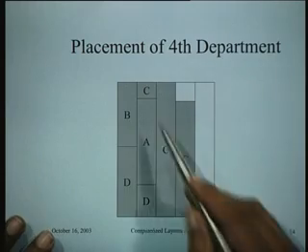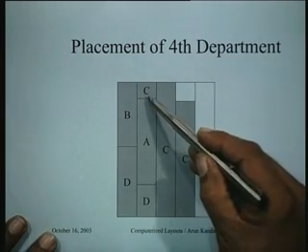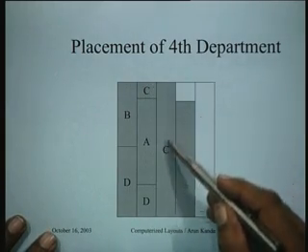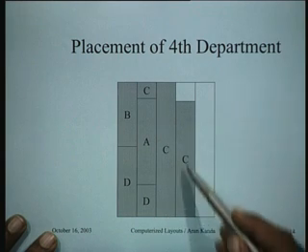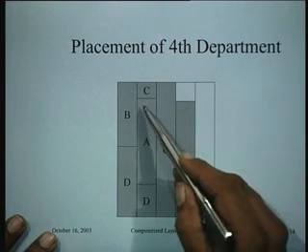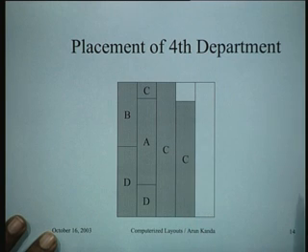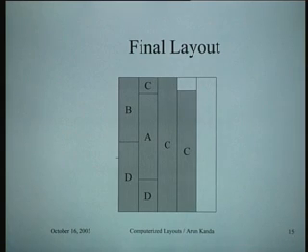Now finally we talk about the 4th department. The 4th department is C. So C is placed here, and suppose it is a big department, it goes on like this, and then it goes on like this, and it finishes here. So you will find that the shape of the department is something like this as far as C is concerned, as a consequence of the vertical scanning pattern. Now if there were only 4 departments to be located, this would become our final layout, right? So let us see the final layout and make some comments on it